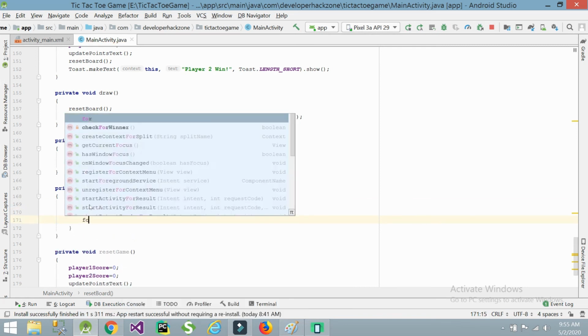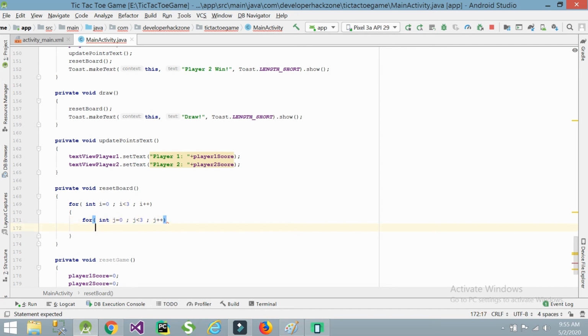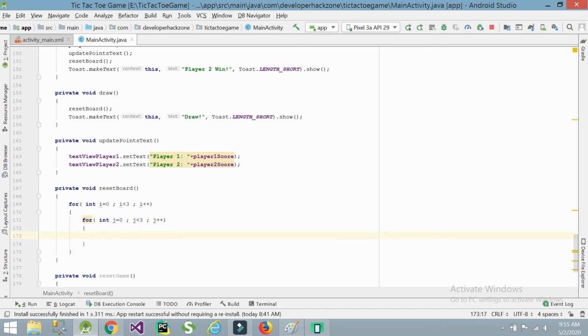In that for int j equal to 0, j less than 3, j plus plus. In this I need to update each and every button as empty. For that, button i j: if i value is 0 and j value is 0, 0 0, i value is 0, j value is 1, 0 1, 0 2, 1 0, 1 1, 1 2, and for everything it will set text to empty. That means we are resetting.